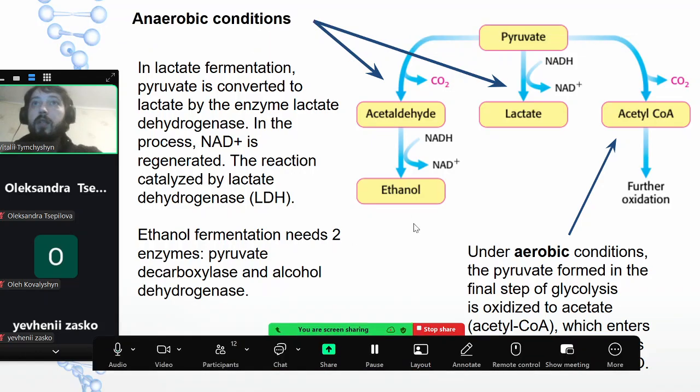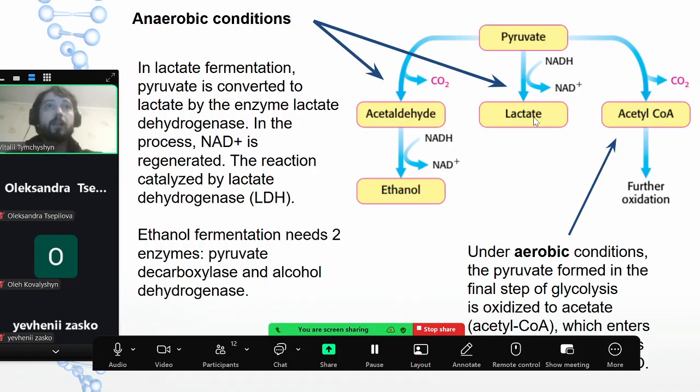With that being said, here is the pyruvate at the junction, so we will consider these paths to acetyl-CoA, but maybe I'll tell just a few words about other possible fates for the pyruvate. In anaerobic conditions, it can be transformed into lactate. It may sound strange to you because we are living in an atmosphere with a lot of oxygen, but